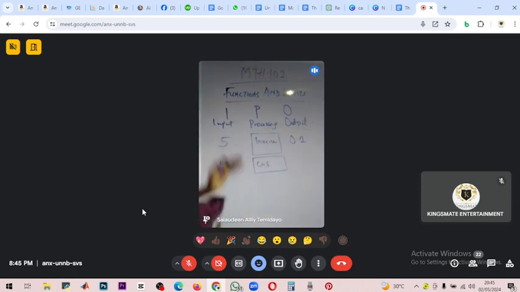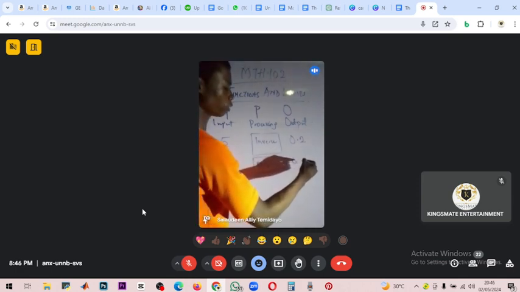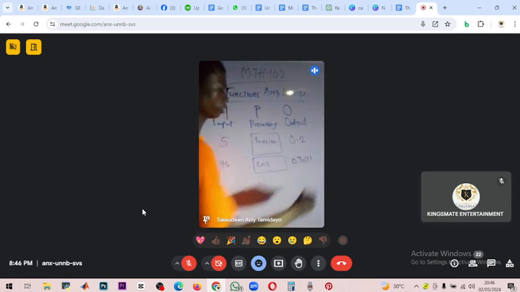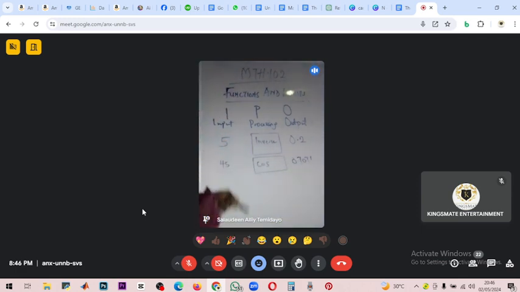Okay, now I'm taking 45 and I'm saying the function is cos. I would like you to be putting these things down. Basic things to understand in functions. Once you understand stuff like this, it will be very easy for you to do. Forty-five is the input and cos is here, the output. Since the processor is here, the output will be cos 45. That's going to be root 2 over 2, that's 0.7071. And it goes that way.